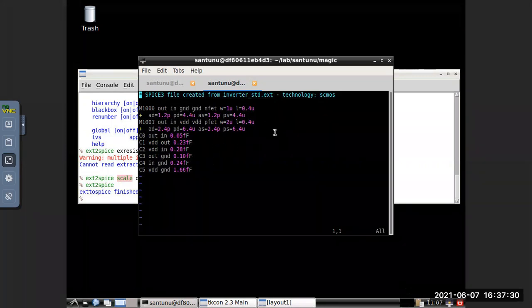Here LVS will not pass because the parasitics are added. If you delete those and do the LVS, then it will automatically clear the LVS. I'll show you here. So what I will do?